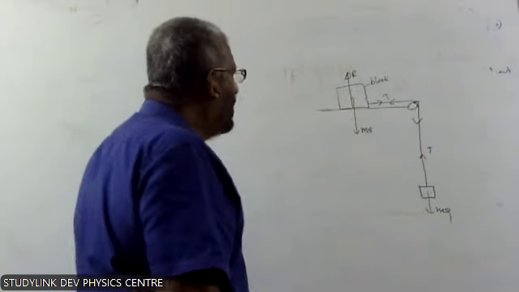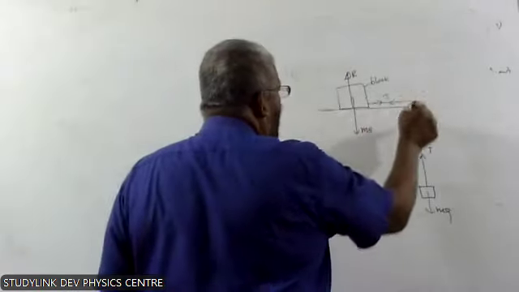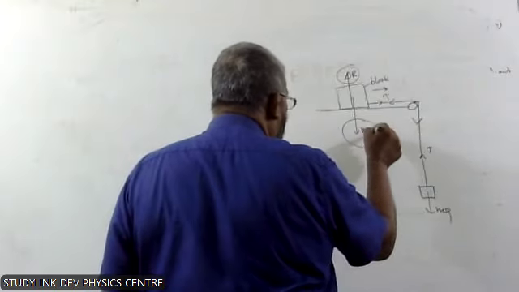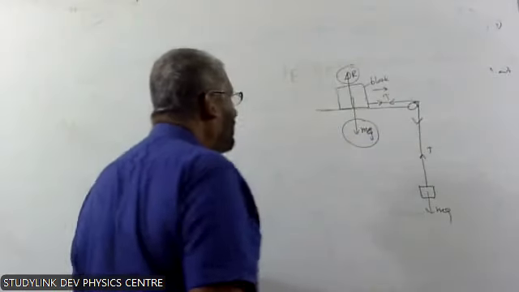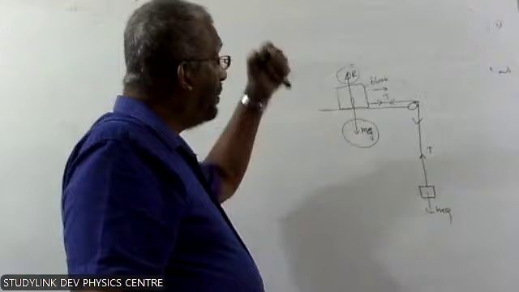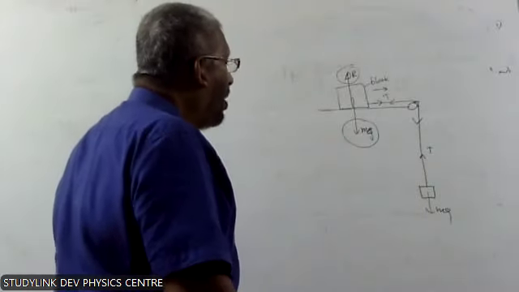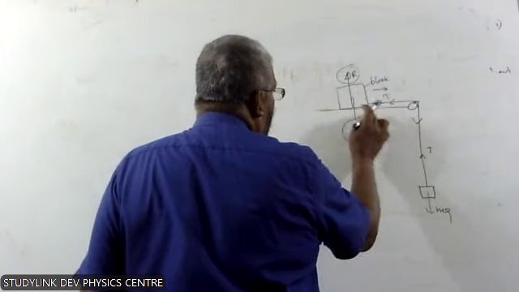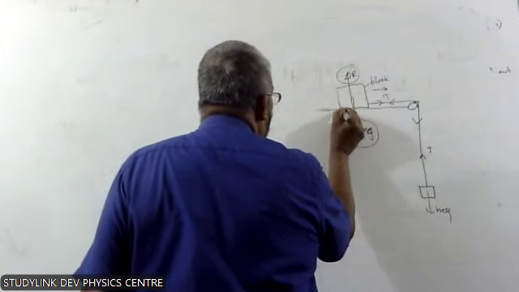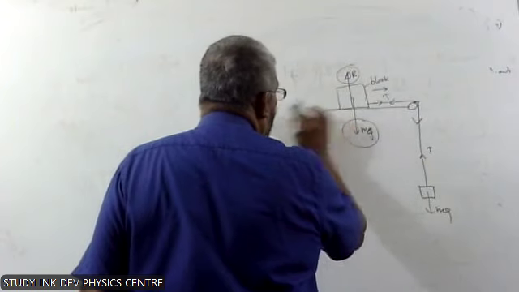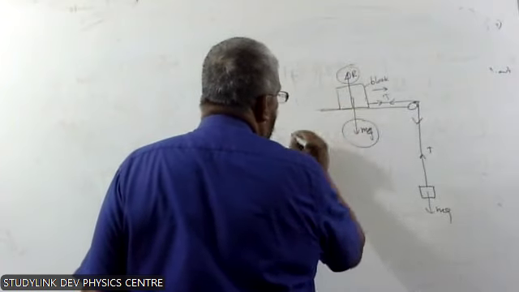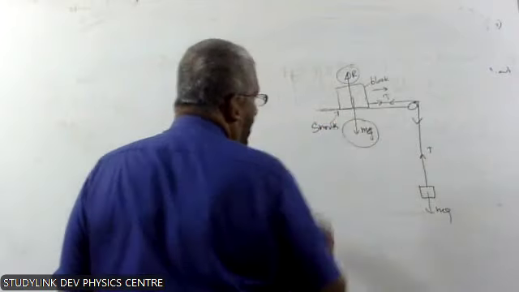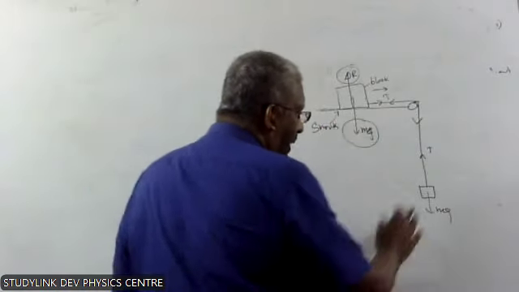But we are applying the equation horizontally, therefore these two are even marked or not marked. If they ask you to mark all the forces on this, then if it has friction, it is a rough surface; for a smooth surface, no friction. If this is smooth,